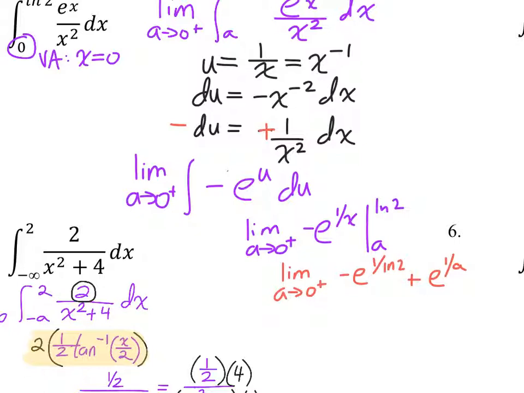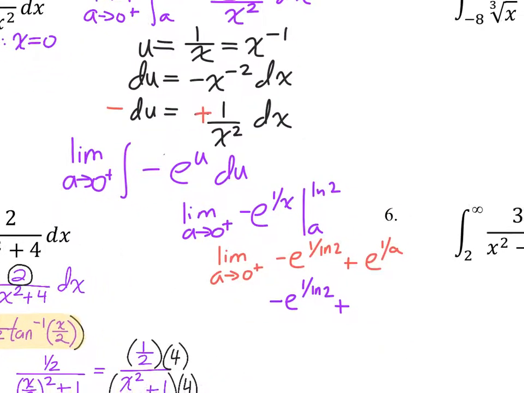I'm not worried about this piece here, because no matter how complicated this looks, it's still a constant. There's no x in there. All right, negative e to the 1 over ln of 2. So basically, my answer here is going to rely on whatever this is. If I can figure out what this is, then I'm in good shape. If I can't, then I'm in the opposite of that, I guess. All right, so negative e to the 1 over ln of 2 plus